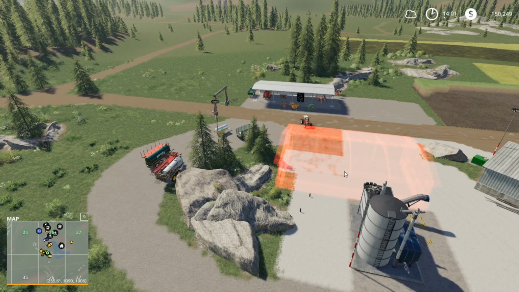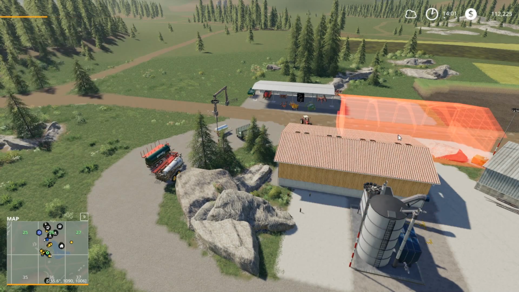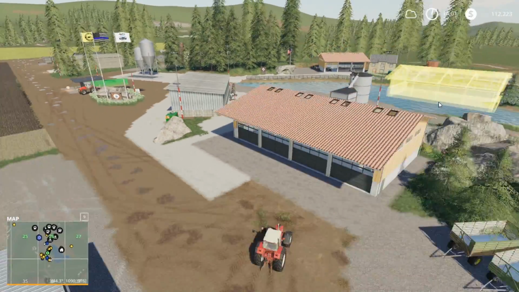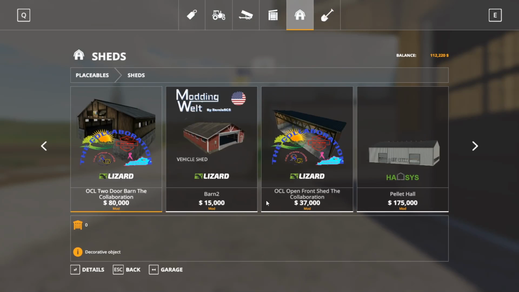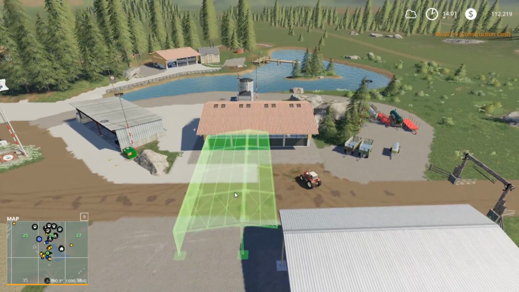Yeah, like maybe right there. Okay, and how much is that going to cost to place? 38,021. That's not too bad. Okay, and I don't think that messed up the terrain too much. Let's do a little bit of paving around that. Let's get out of there. Is there anything else we want to build? I don't think so, because we could use some more easy sheds, but